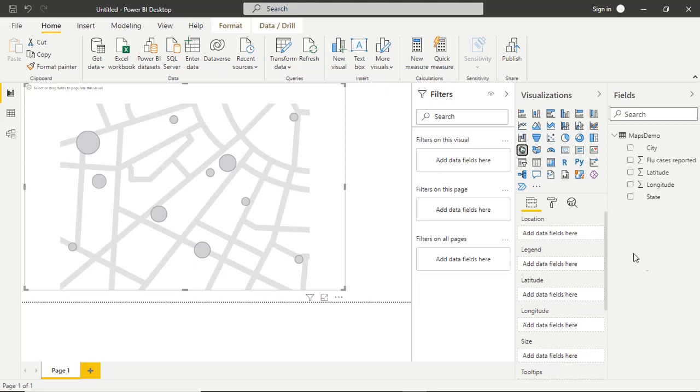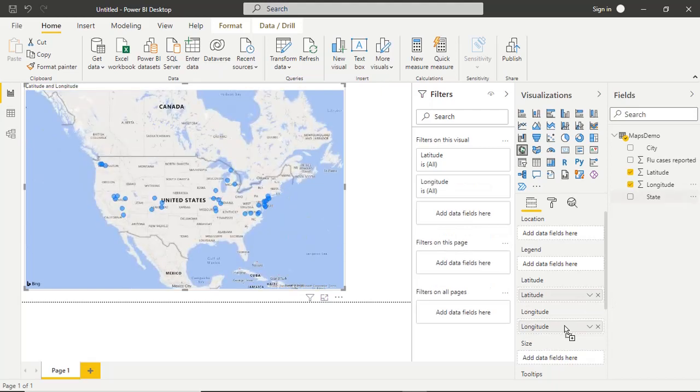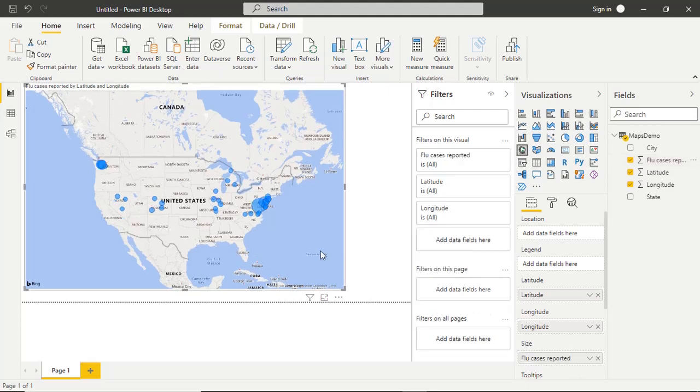First of all, we try latitude, then longitude, and flu cases reported in the size. So you can see we have some bubbles on the location found, and you can observe the size of the bubble. The bigger the number of flu cases reported, the bigger the size of the bubbles. If you hover, then you can find the information: latitude, longitude, and flu cases reported.